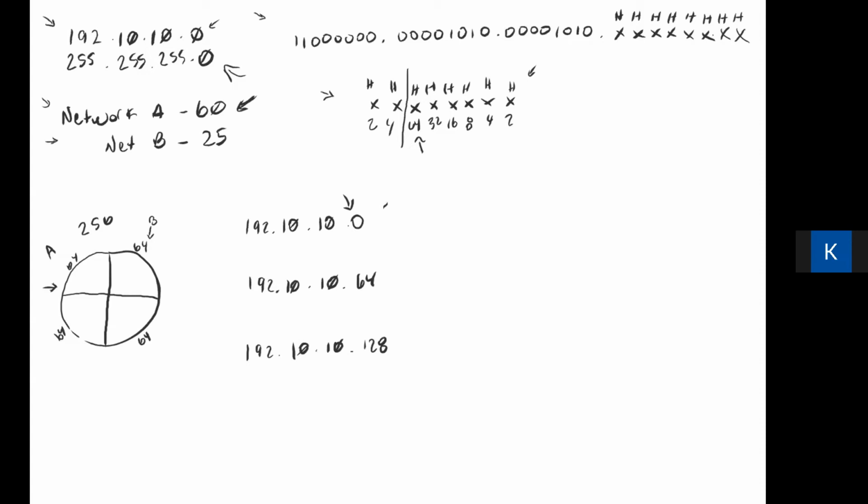Hopefully you can see that pattern. It starts at 0, you add 64 to that, which is the number of IP addresses on each network. That's going to give you the next network IP address. And then if you add 64 to that, you get the next network IP address. And if you add 64 to that number, you're going to get the next network IP address, which should be